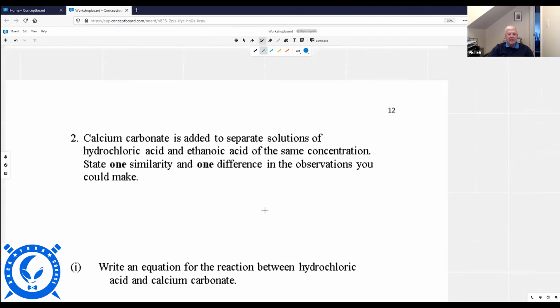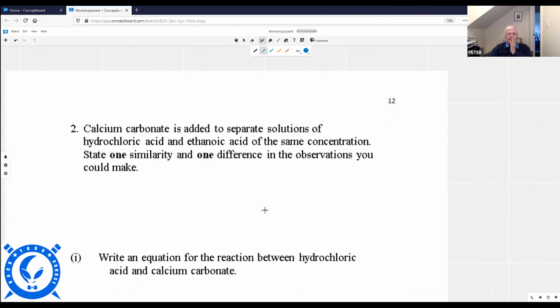Calcium carbonate is added to separate solutions of HCl and ethanoic acid. State one similarity and one difference in the observations you could make. Well, the similarity, since they're both acids, they will both react with calcium carbonate to evolve CO2. We've seen that equation before. So both will do that. So that's the similarity. The difference, however, is in this particular case that the reaction is more